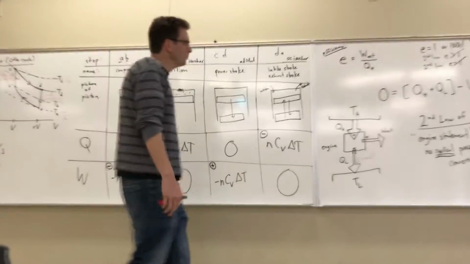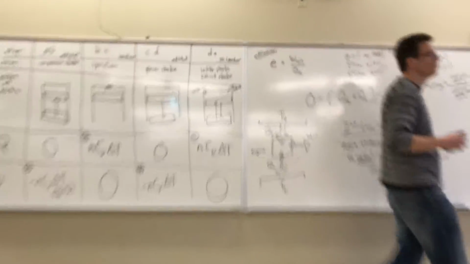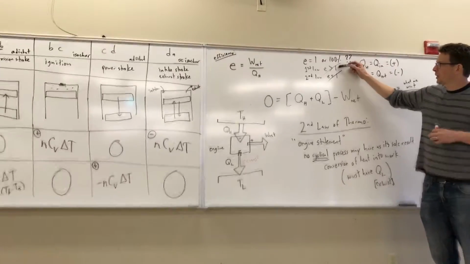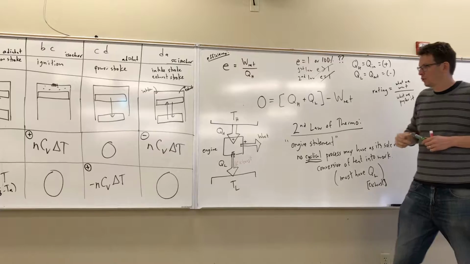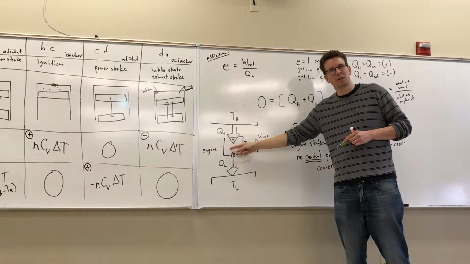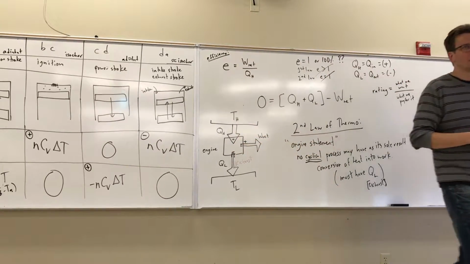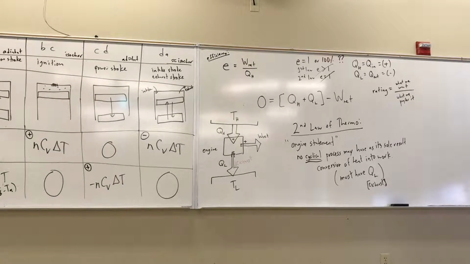So the first law just says we can't have more energy come out than we go in, and the second law says that you can't even convert all of this heat inflow into work, okay? Does that sort of make sense? Okay,